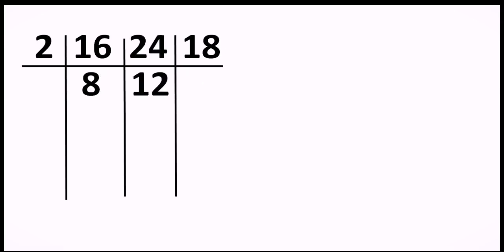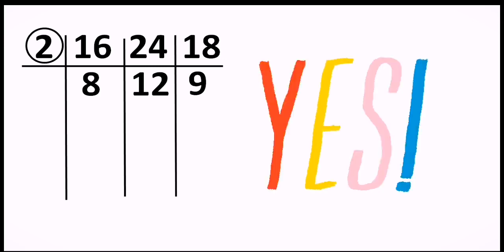And the way I told you guys, whenever I need to divide any number by 2, that means I need to make half of it, right? And what is the half of 18 then? Yes, it's 9, of course. Now the moment we have 3 numbers, and I need to find LCM and GCD both for them, keep it in mind, we have to encircle those numbers which are dividing all 3 numbers in the given layer, okay? So that 2 has divided all of 16, 24 and 18, that is why we have encircled it, right?